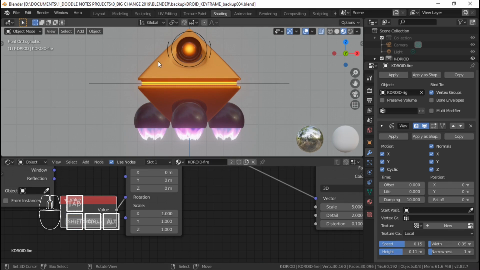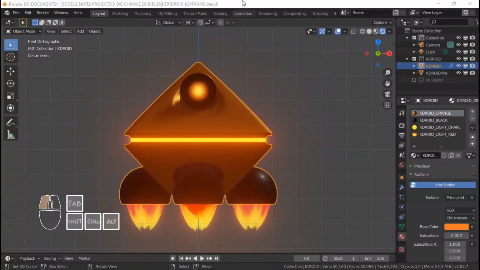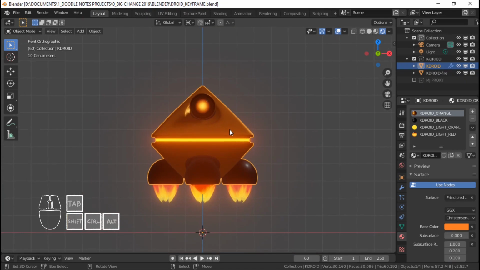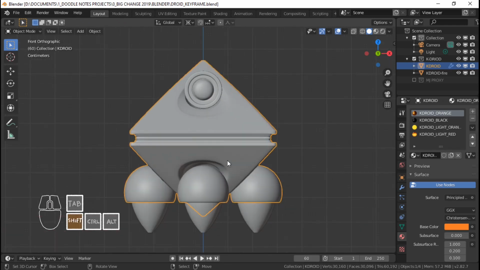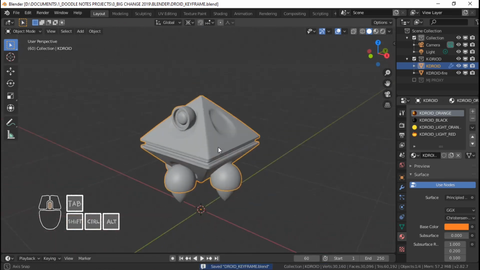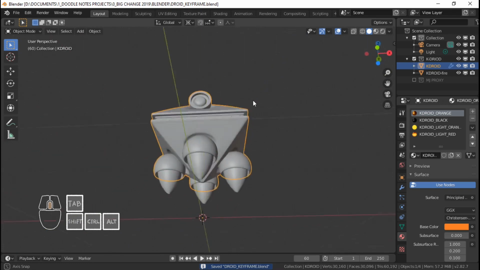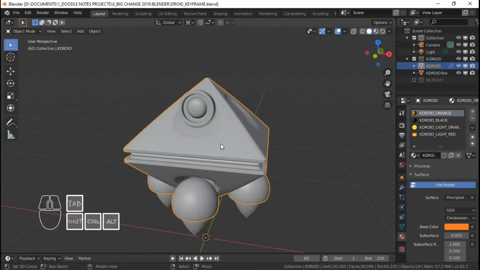Next is I gave K-Droid a rig. So yeah, now that we have our Keyframe Droid, let's give it a rig. So I'm just gonna go back to our solid view here, and then let's add some armature, some bones. So the first bone I'm going to add is the one that will control all of it, the main bone. So I'm just gonna go,